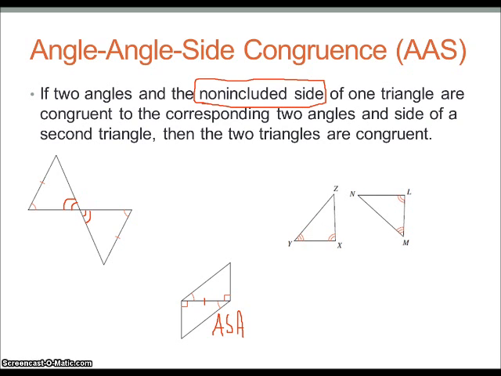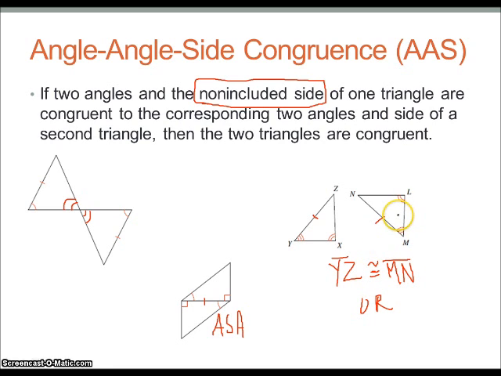Alright, and this one is just like those other ones where we need to find what we need for these triangles to be congruent by angle, angle, side. So we have an angle and an angle, angle and angle, so we need a side. You've got to make sure it cannot be this side LM or this side YX, because those sides are included. We have to pick one of the other ones. So this one we have two options, right? We can have either YZ and NM being congruent, so we can have YZ segment, make sure you keep your segment congruent to MN, or